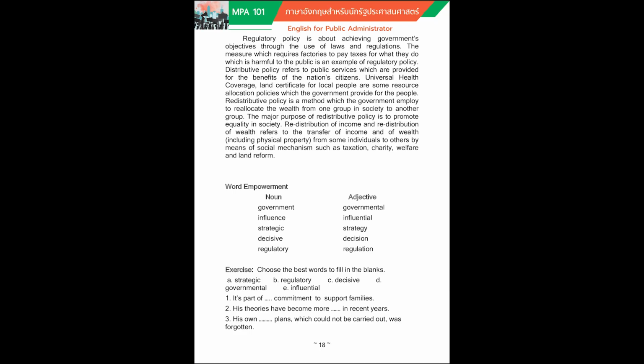Next, language focus, page number 18, language focus. Okay, first one, reduced relative clauses. Public policy is a decision made by government to either act or not to act in resolving a problem. Number 1 is we say a public policy. Number 2, public policy is important. Why? Because policy theories and decisions made by the government or rulers in power affect nearly every aspect of our